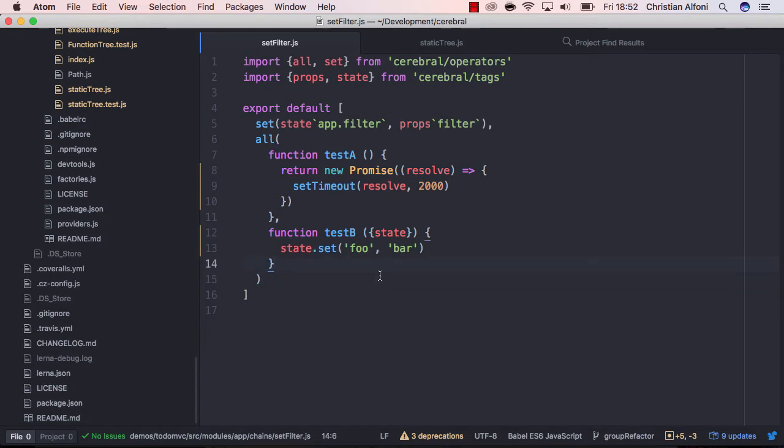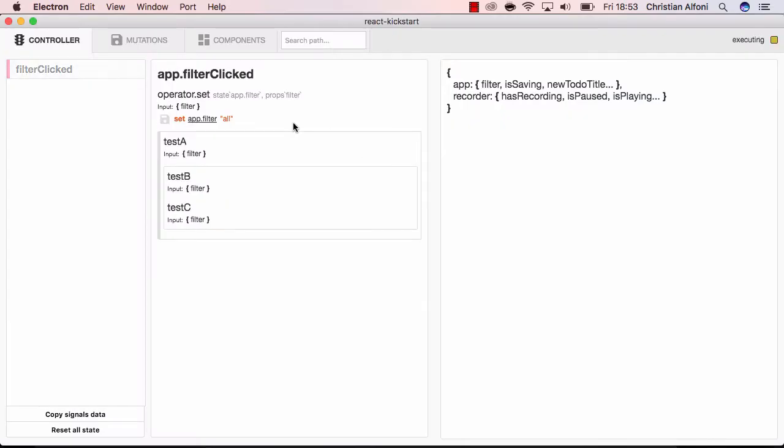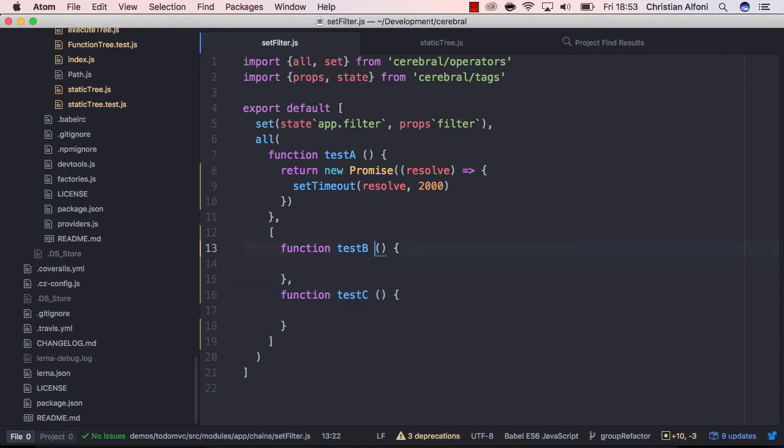So what's really interesting now is that I can continue using these. Like you might import a group of actions into a parallel execution. So if I do function test, or I can wrap it around test B instead. Oops, sorry. So function test B and function test C. When I save this, we can see that we get a group inside this parallel async execution. And what's even more fun to see is that this actually